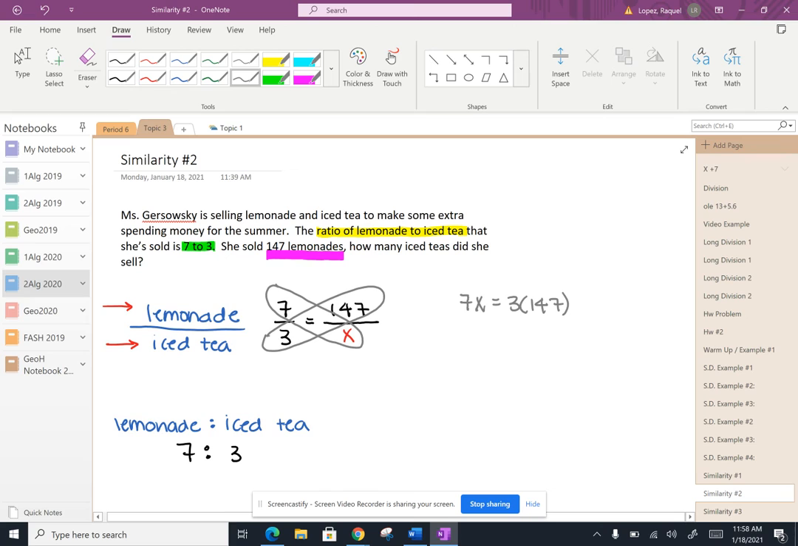Okay, let's go ahead and simplify. So that gets me 7x equals 441. Divide by 7 on both sides. I end up with x equals 63. So that means that Ms. Kursowski has sold 63 lemonades. She has sold 63,